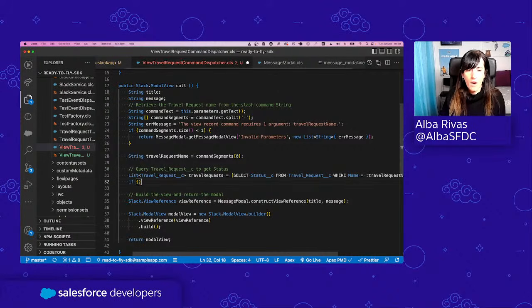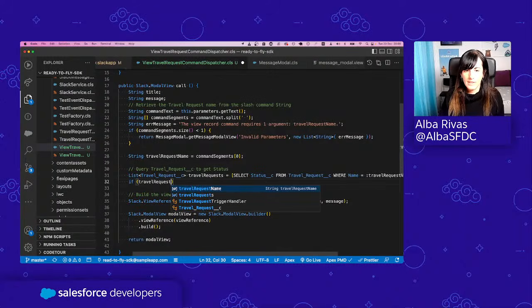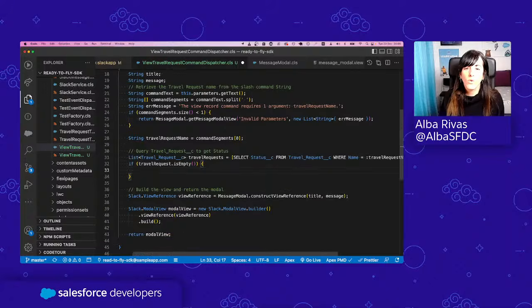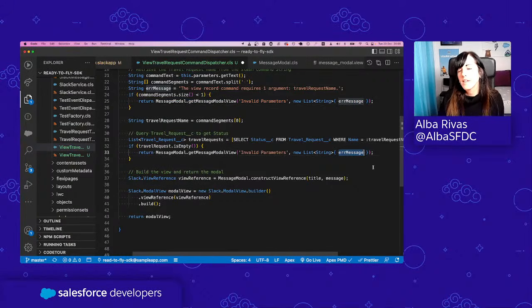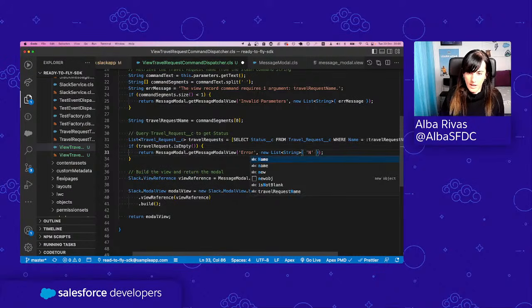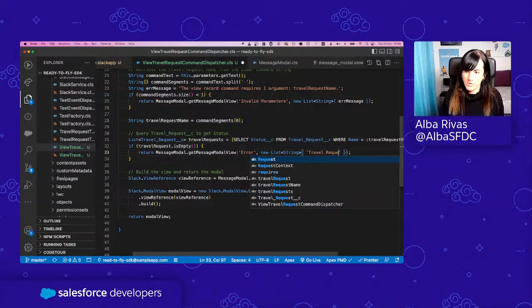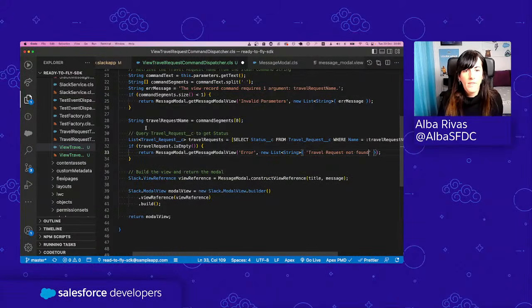Amazing. So if our travel requests list is empty, I think I can use isEmpty, right? Then we're going to return a message model view saying that error, and then we're going to say here travel request not found. Okay, and if our travel request list is not empty, then we are going to